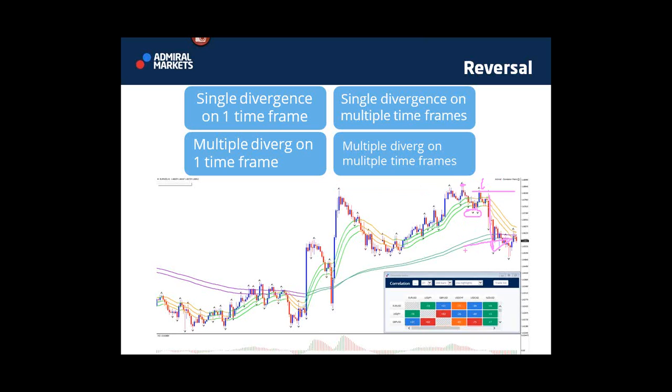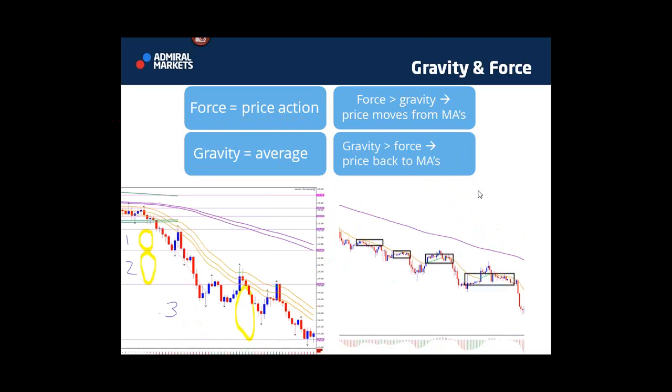Not everything has to be aligned. Kiwi dollar to the upside was a great example. That even moved more. That was also a trade where we said, look for upside because it's at support and it's showing divergence and it has space to the 144. And not only did it move 86 pips to the 144, but it went above the 144, another 170. All right, two examples of reversal trades.